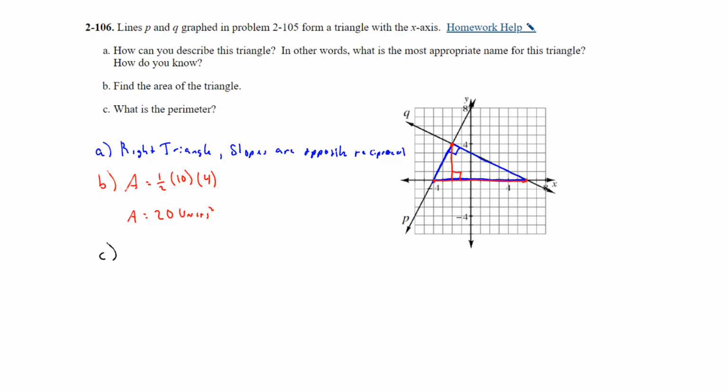And then on part C, what is the perimeter? So we know that this length right here was 10. We need to figure out this length and this length to figure out what the perimeter is. To find the perimeter, we have the 10 as I said, and then this length right here, if you know